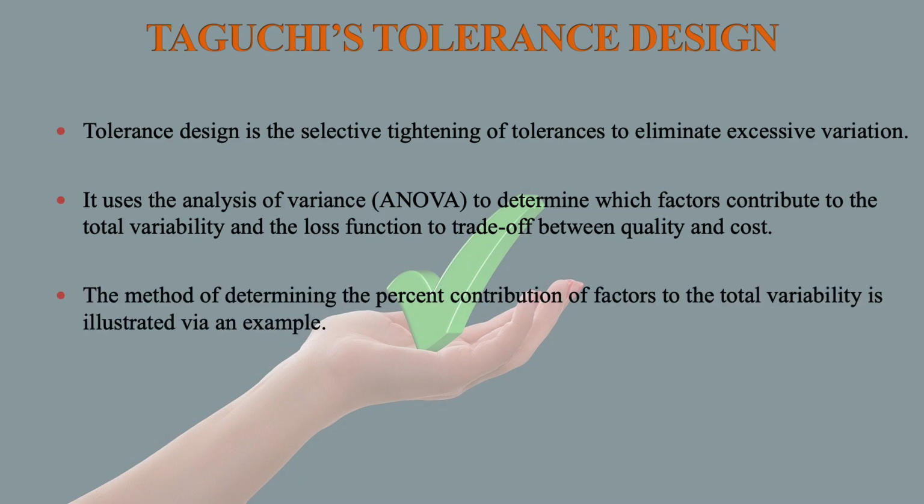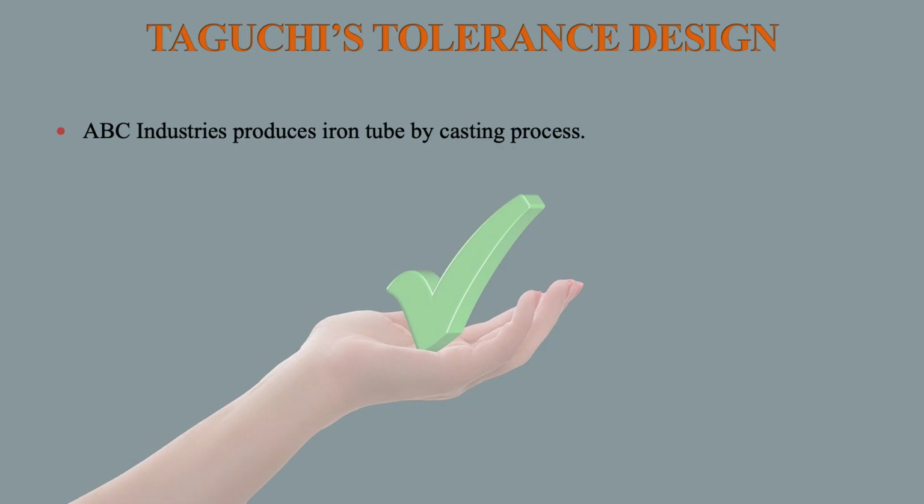The method of determining the percent contribution of factors to the total variability is illustrated via an example. So here we are taking Taguchi's tolerance design. So here an ANOVA test one has to conduct. For that we have to take various factors and identify which factors are more influencing the process. So by taking one example to find out the tolerance, the Taguchi's tolerance design, the ABC